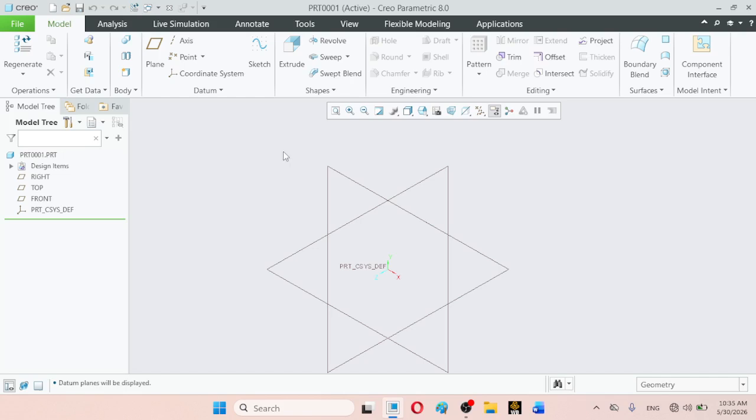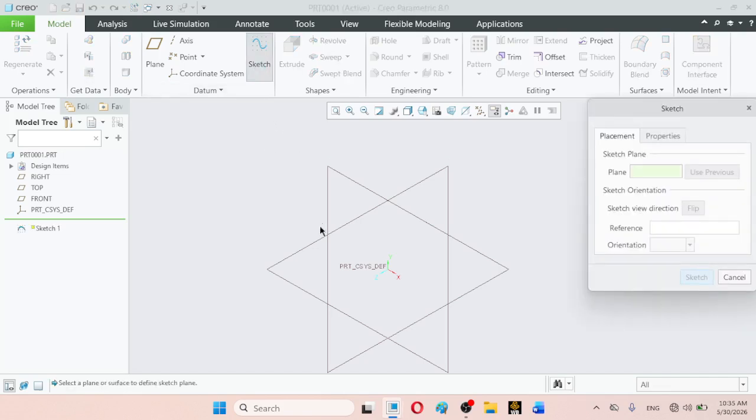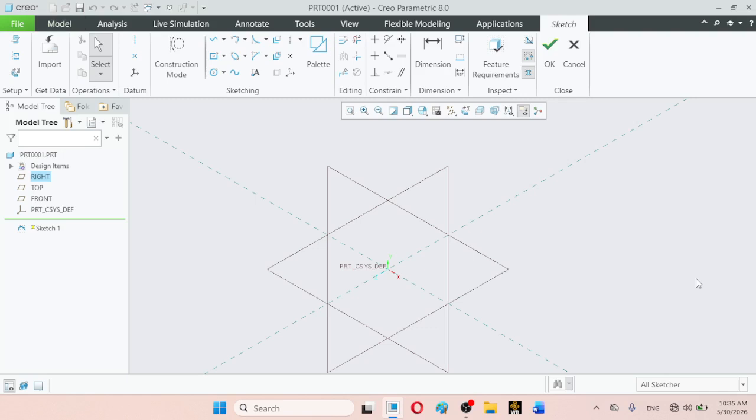First of all, let us create a simple cube using the datum sketch command, for example in the top plane. You can create a simple rectangle or any area or any model.